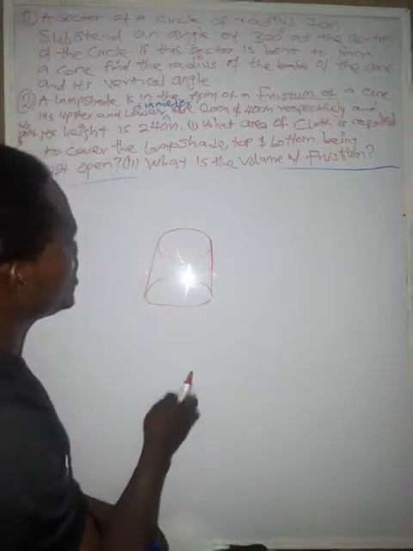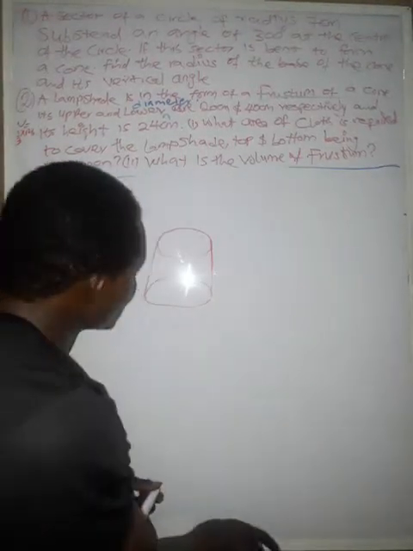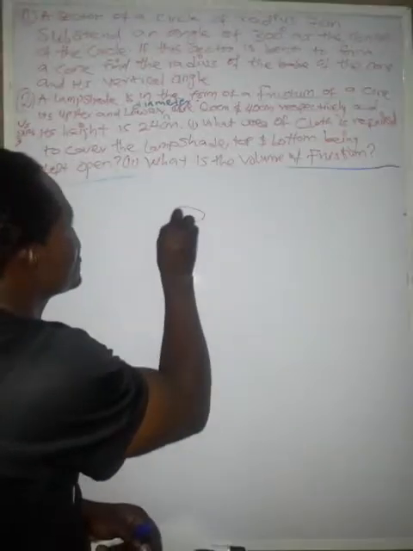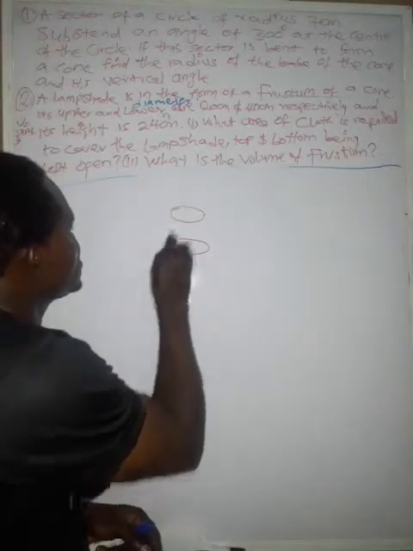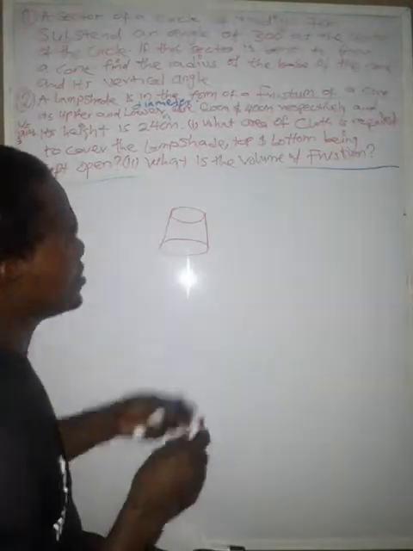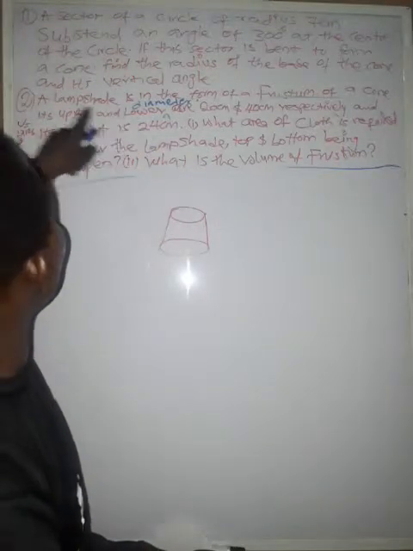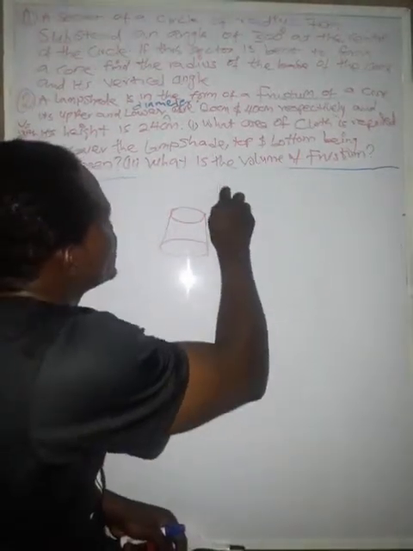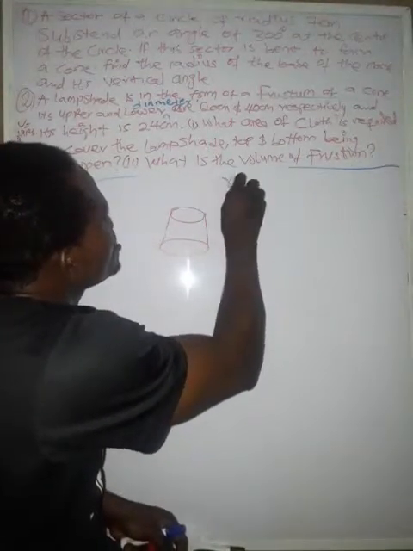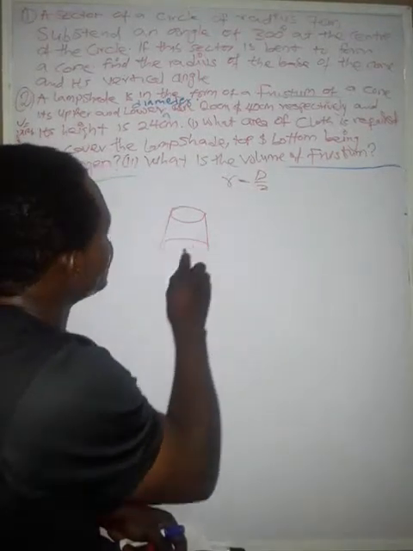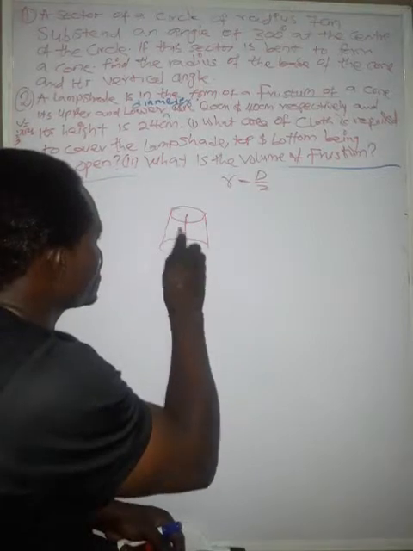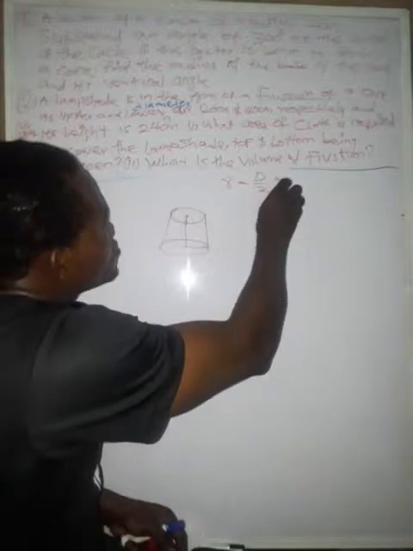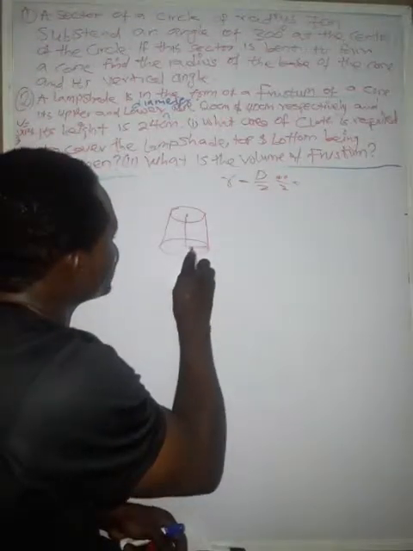So if I'm having this, they said, let me draw it to one end. Let's say we're having something like this and something like this. So this is the frustum of a cone. So now the upper and lower diameter, we are given the diameter of this, and don't forget that radius is diameter over 2. So if I'm to calculate, this is the center point. So I'm having this place. This is the bigger one, which is 40. So 40 divided by 2, that will give me 20. So here will be 20 centimeter.